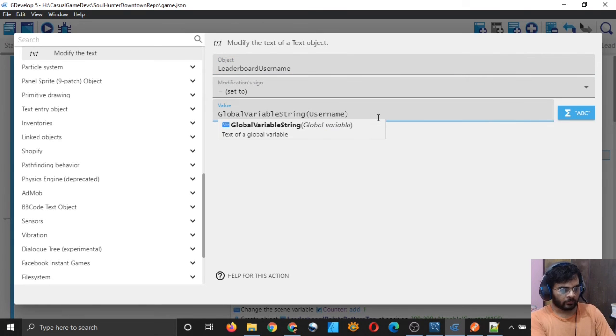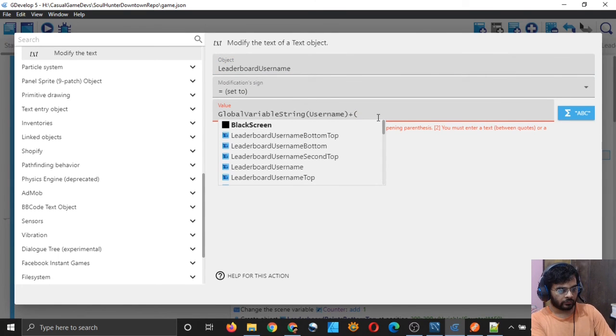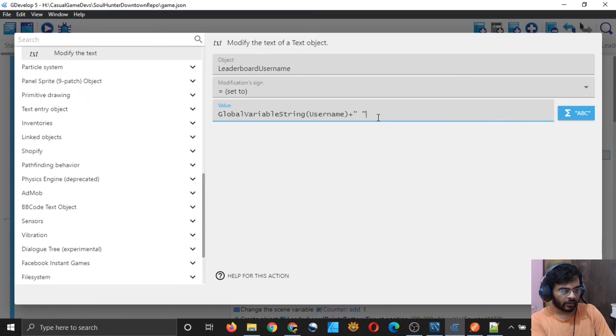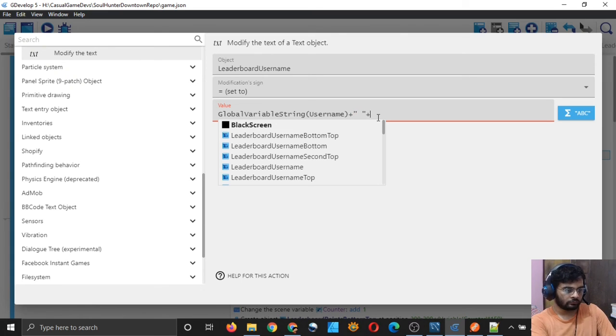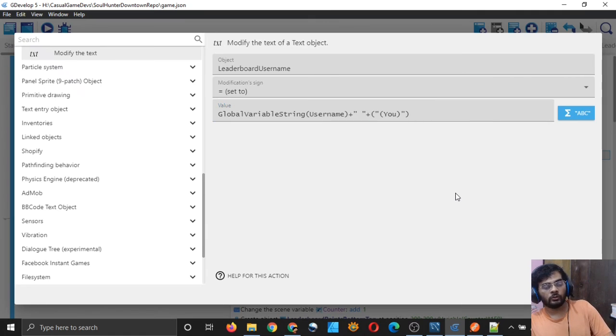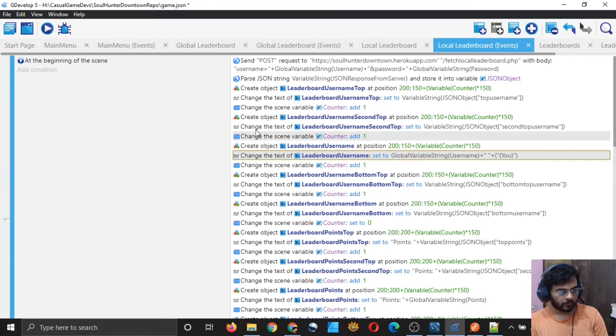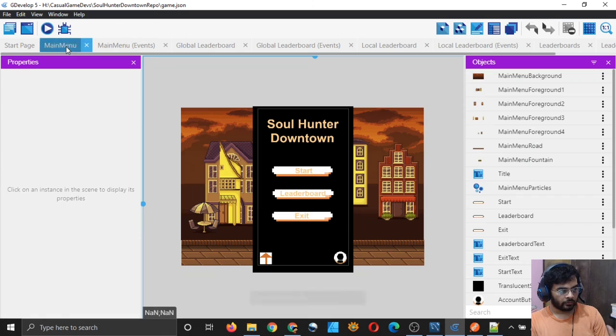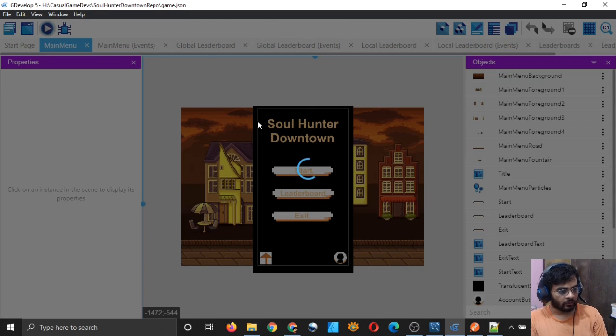I will add one space first of all, I mean like this, and then I will add "you", which means that this username is yours, so that we can tell the player, yeah, this is you, right, at that position. So click on OK. So let's test it one final time, and I hope this is the final time we are testing the leaderboard.